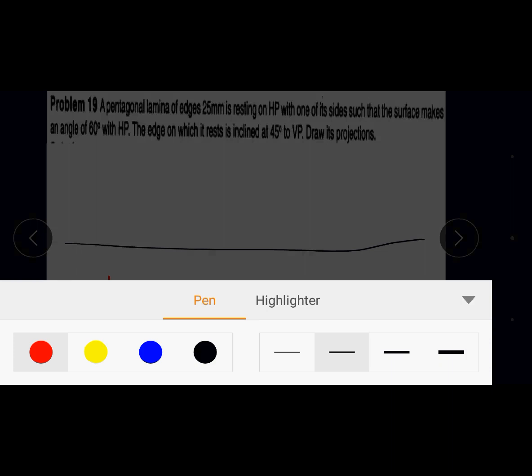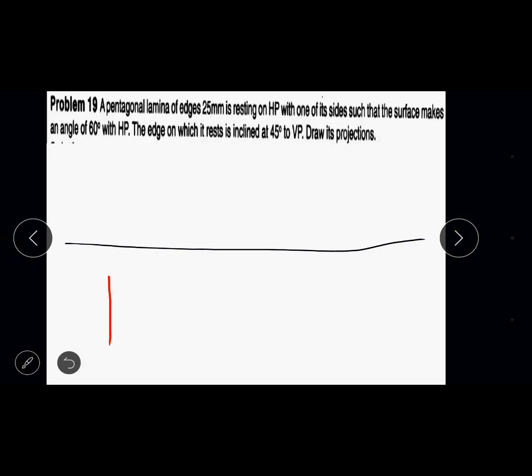So coming to the construction of the pentagon. Consider a vertical line AB of 25 mm dimension, and then keep the protractor center point at A. Construct a line AE with the interior angle 72 degrees, and then keep the center point of the protractor at point B, and construct a line BC with interior angle 108 degrees, which is an exterior angle of 72 degrees in a pentagon. All this I have taught you, so you can use either the exterior angle or the interior angle.